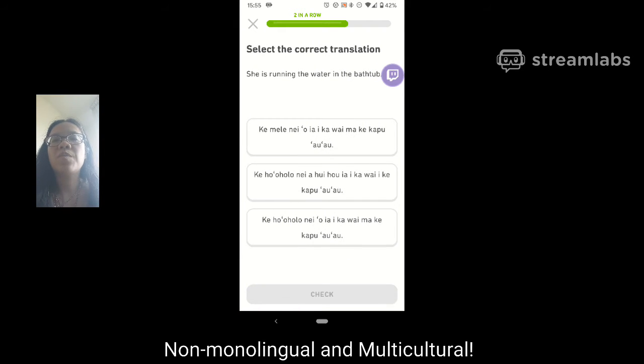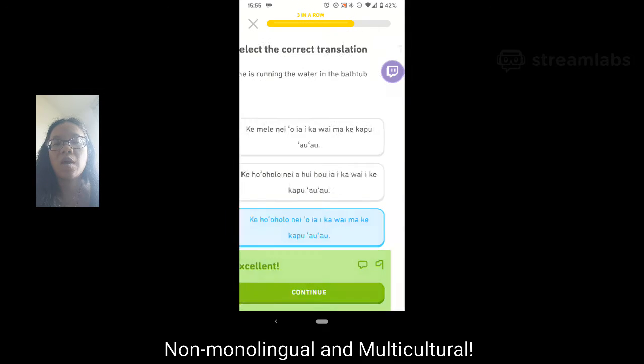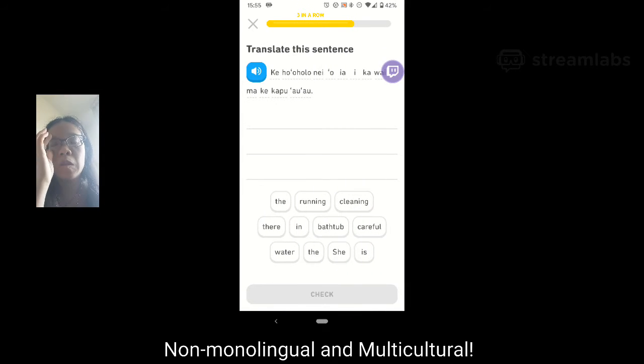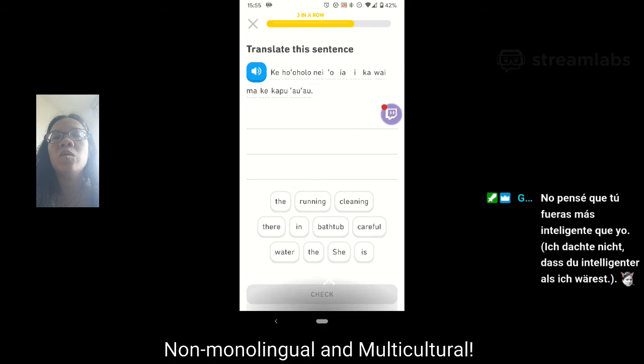She's running the water in the bathtub. Oh God, I don't want to get this wrong. She is running the water in the bathtub. Okay. Ke ho'oholo nei oia I ka wai ma ke kapu au au. Okay. Holo. So, ke ho oholo.